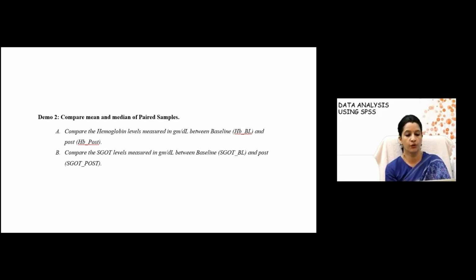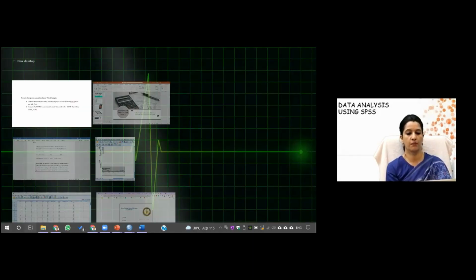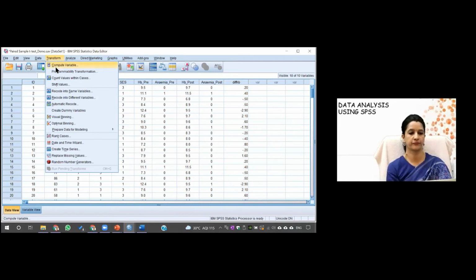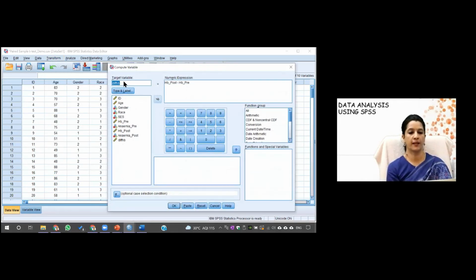and then you go. If I show you the commands once again, you come to this Transform, Compute. Here you type the name of the variable. I have typed it like the difference in hemoglobin. Here I have written hemoglobin post minus hemoglobin pre, and then press OK. We have used this compute variable for calculation of mean SBP also in your exercise, and I have shown it with the BMI. Remember, can you recall the day 1 session where we have used this transform compute option? Then if you press OK, a new variable appears, which you can see here.